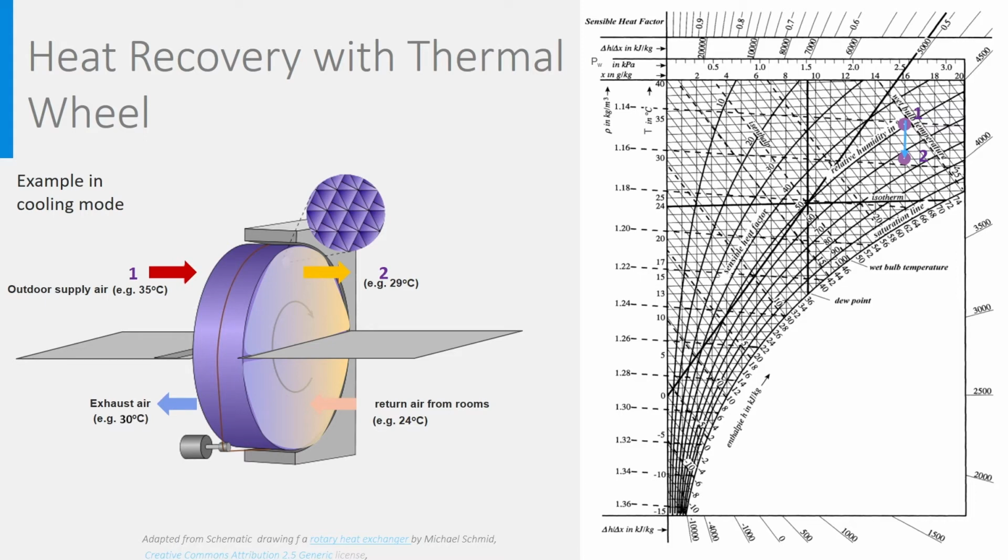This thermal wheel generally has a high efficiency. However, air can leak through the wheel between the return duct and the supply one, by which some mixing and therefore air contamination can take place. It is much less airtight than the heat exchanger we saw in the previous slide.